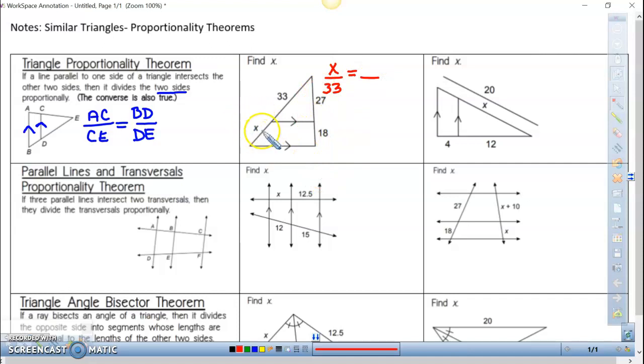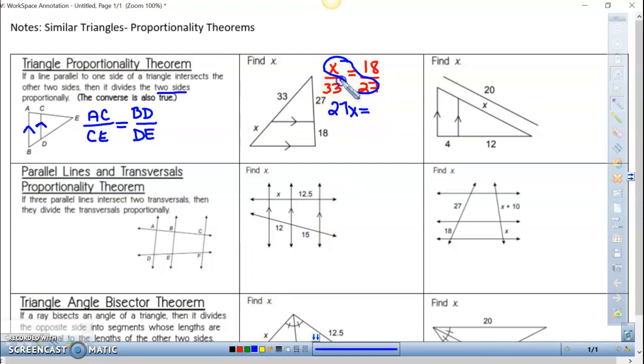Now look, since I started with this bottom, which is smaller, I'm going to have to also start with the 18. You have to build your ratios the same, small to big. So then I'm going to go small to big. Remember, this first step can look different. Now cross product is the step after the proportion when you cross multiply. So when we cross multiply here,